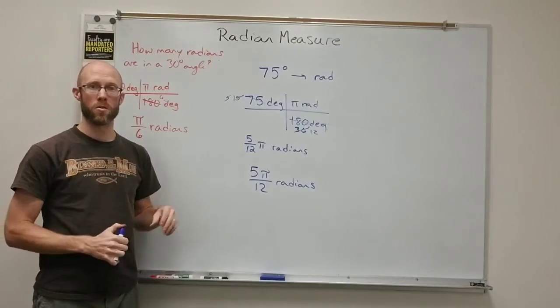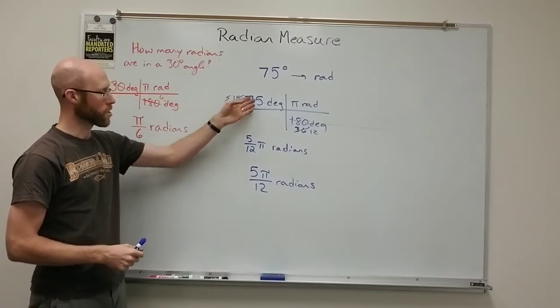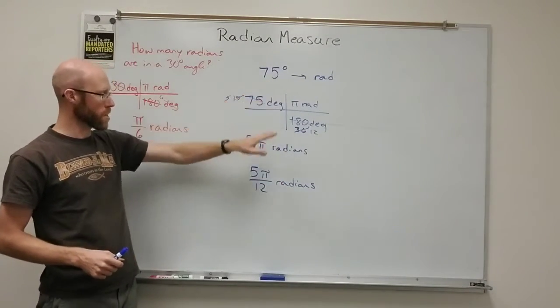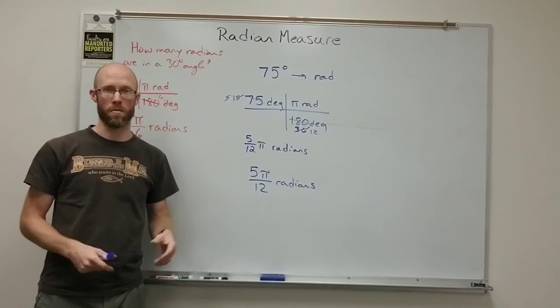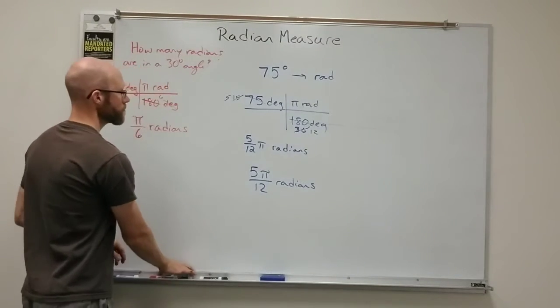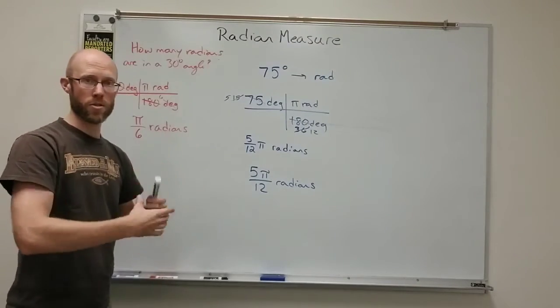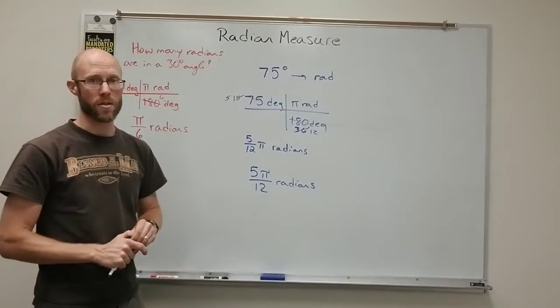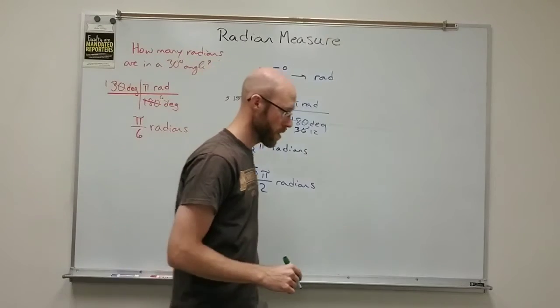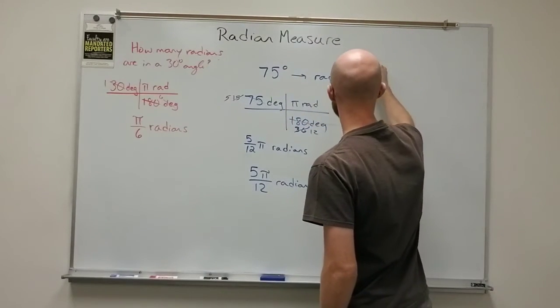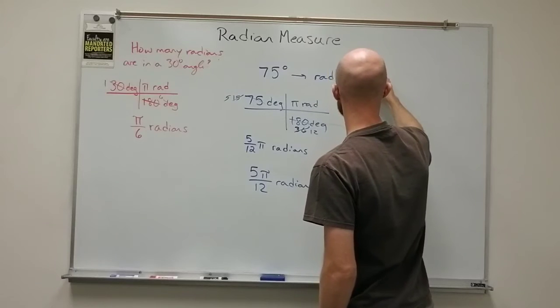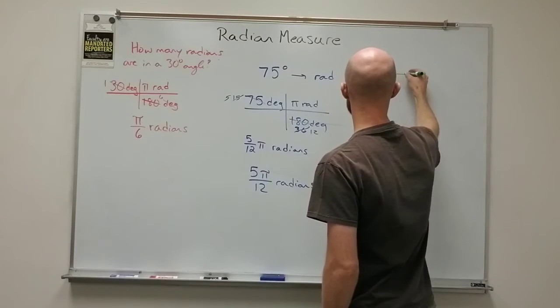So that's how we would do the conversion from degrees to radians. 75 degrees and 5 pi over 12 radians are exactly the same angle. Let's try one more, but let's go the other direction. Let's start with radians. Let's say we had, for instance, pi over 4 radians, and I wanted to convert